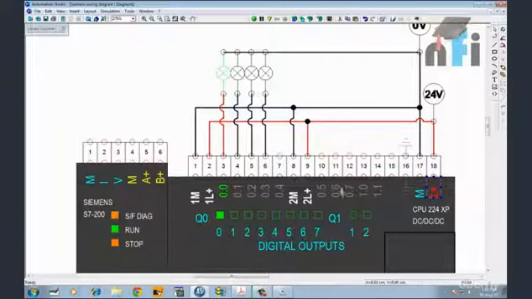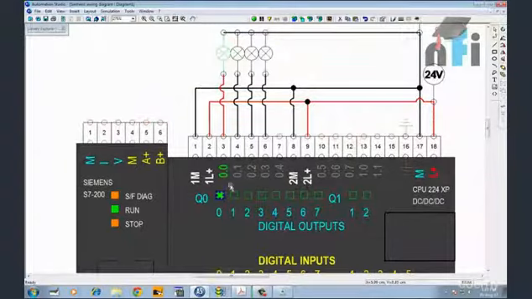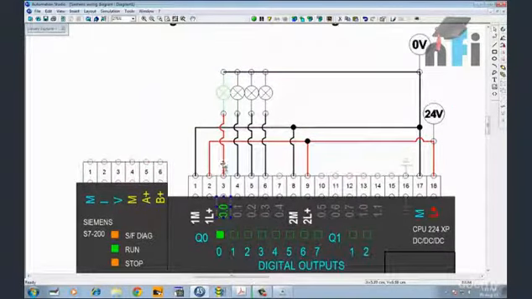Now this is a PNP type of wiring. This is the PNP type of PLC. This PLC will always give 24 volts if the output is on. So in this case, if the output is on from the program, it's not that when the input is on, the output will be on. These will be linked by a PLC program. So in the program, if the output Q0.0 is on,